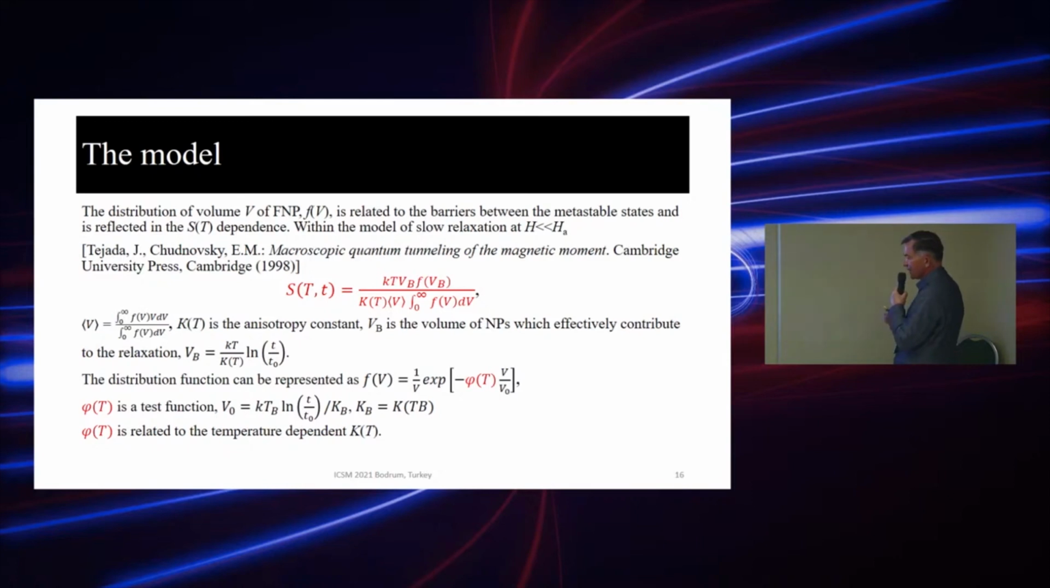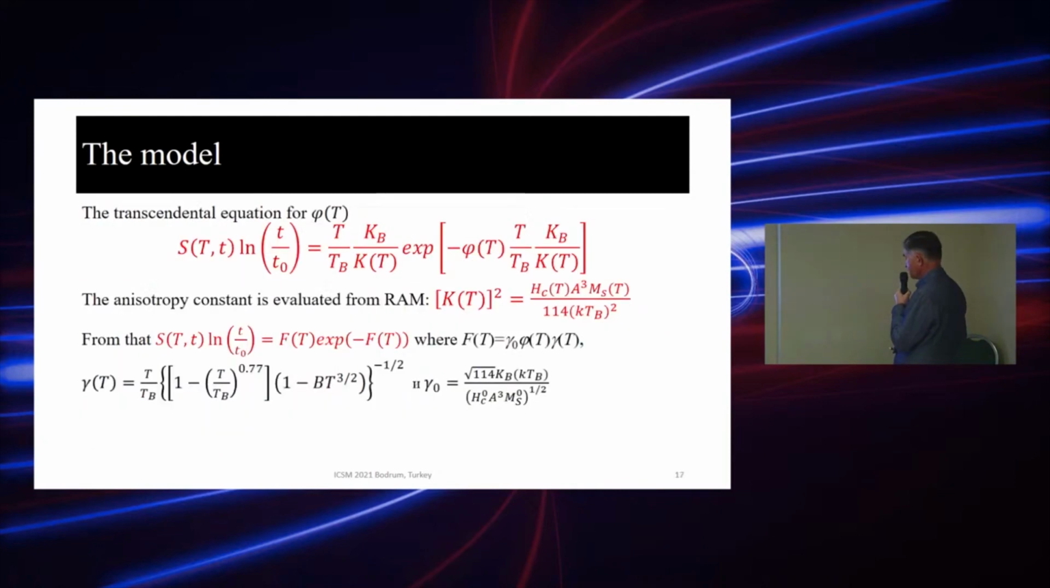So it was necessary to introduce by hand some test function, a temperature-dependent test function. At the moment we don't know anything about it, but this helps us to fit the experimental data. And this phi is related to the temperature-dependent anisotropy. So the task was to solve this transcendental equation for phi, and by substituting from the random anisotropy model the expression for the anisotropy constant, it is possible to arrive at this equation, S times logarithm of this relation,